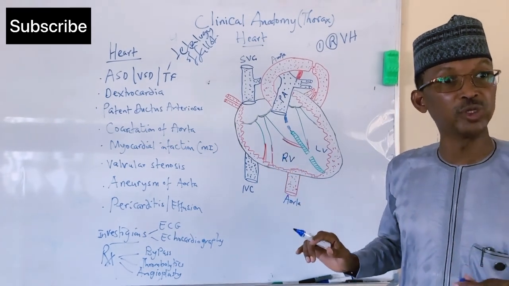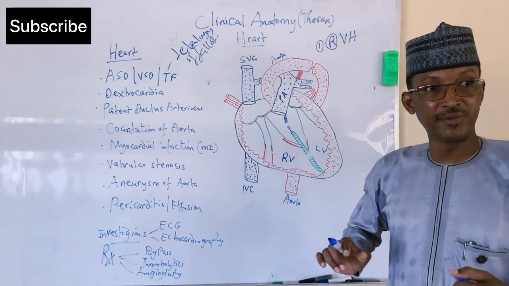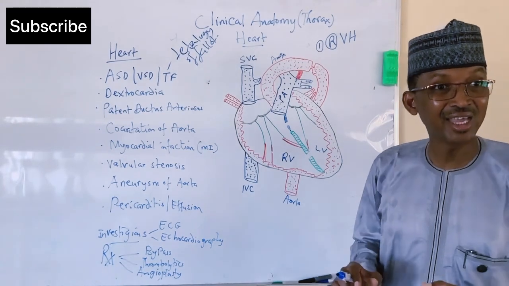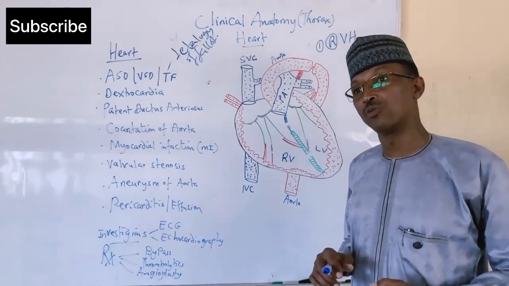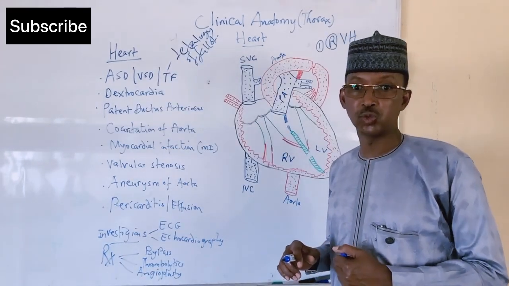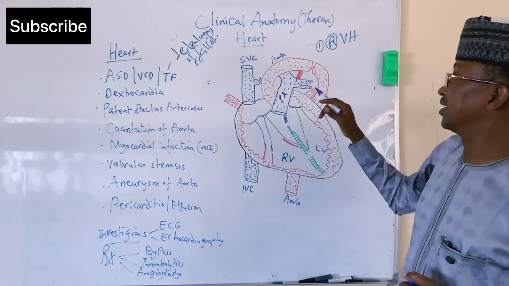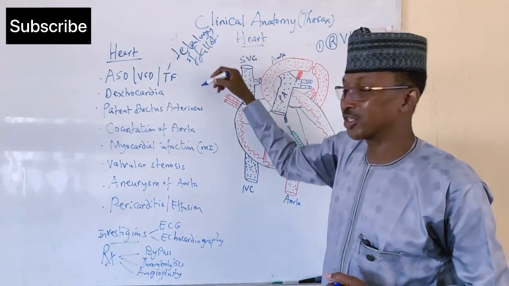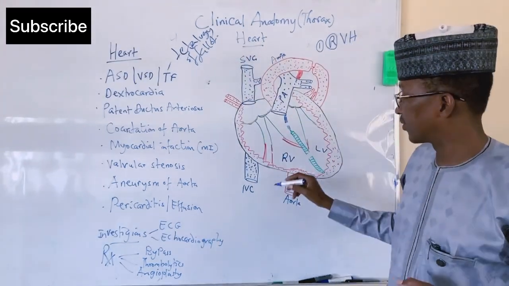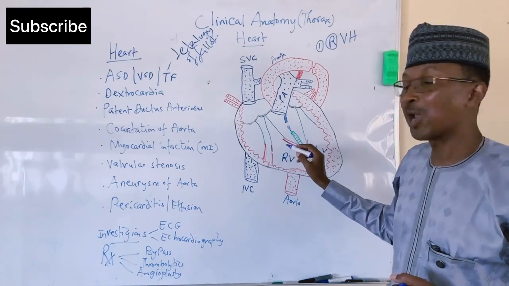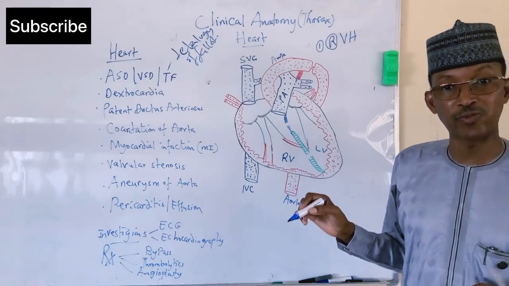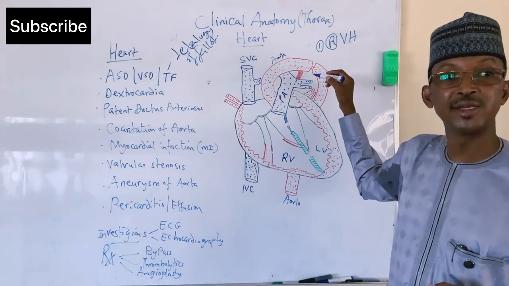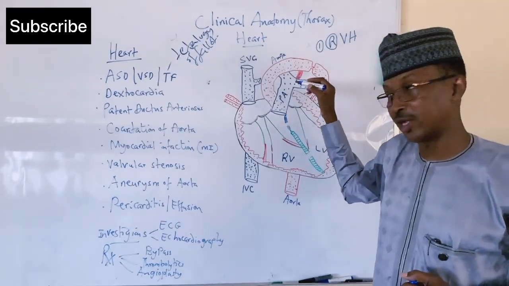Because of this, the muscle, the wall there, is thicker than the wall of the right ventricle. But in the tetralogy of Fallot, which is a congenital heart disease, the right ventricle is hypertrophied. We will see the reason why after I finish telling the other conditions associated with